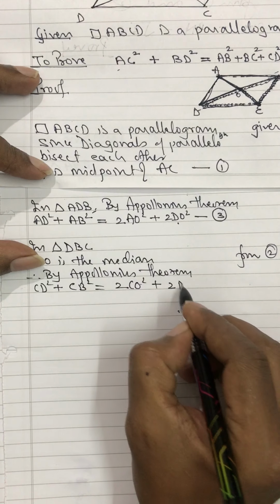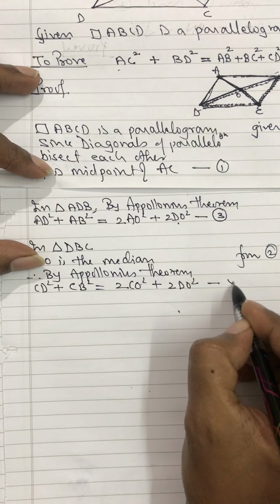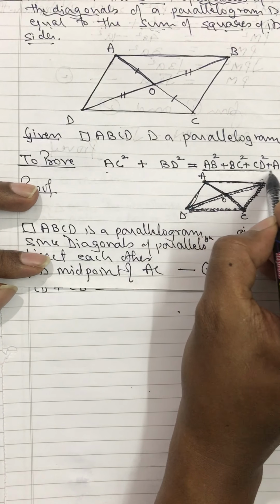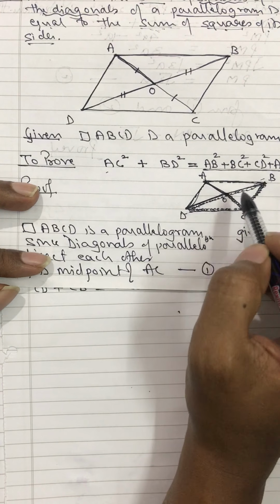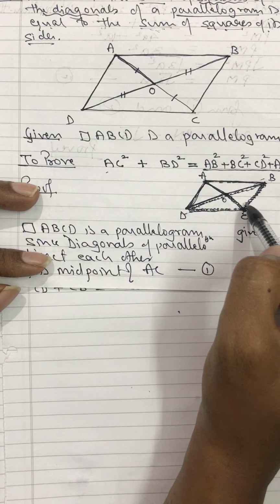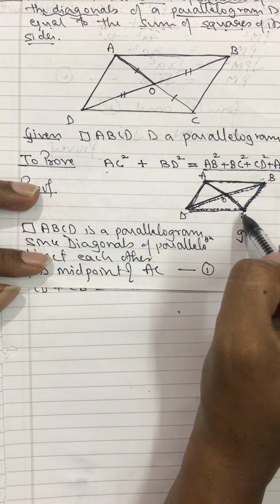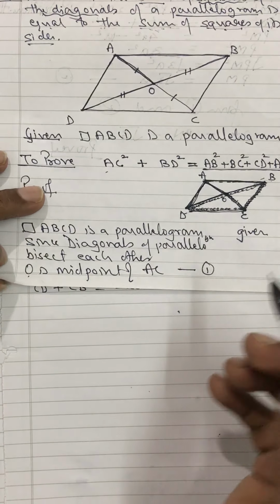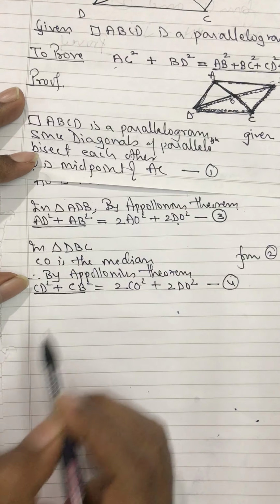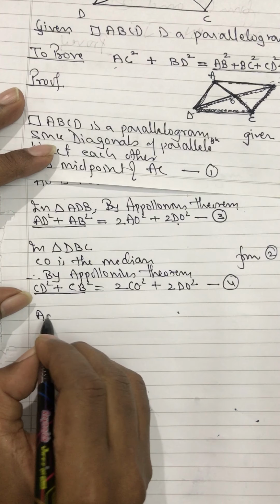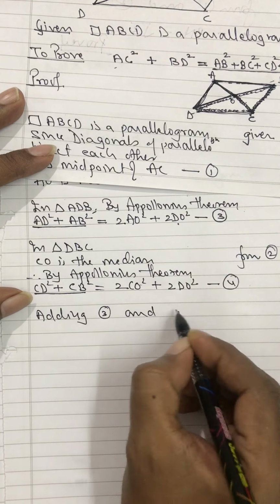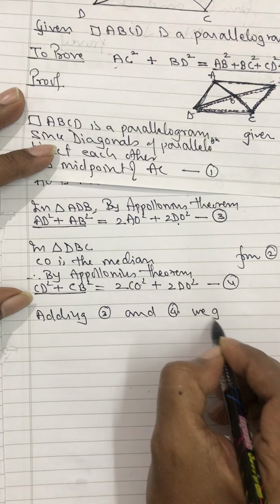So again I will take 2 DO square. This is my 4. Why? Because basically I have to frame AB square plus BC square plus CD square plus AD square. So once I take the triangle over here, I get a combination of AB square plus AD square. In this down triangle, I get a combination of CB square plus CD square. Now if I add both, adding 3 and 4, we get